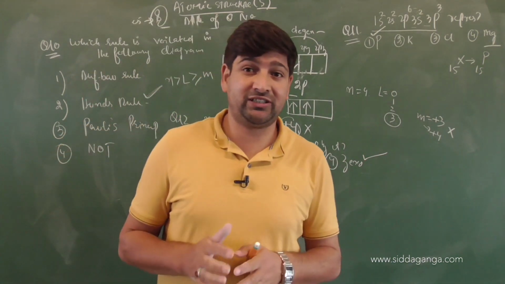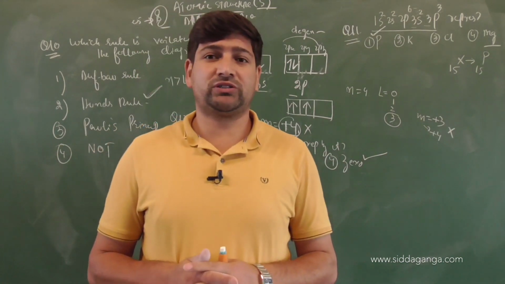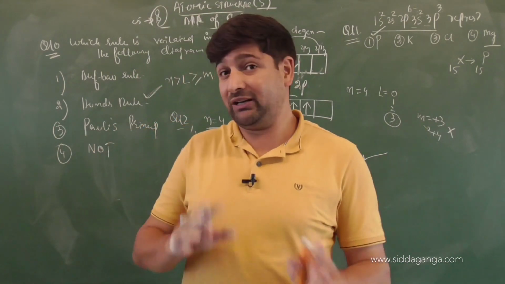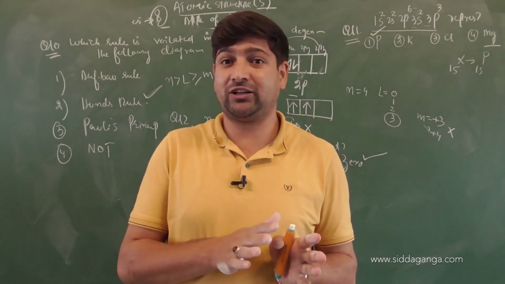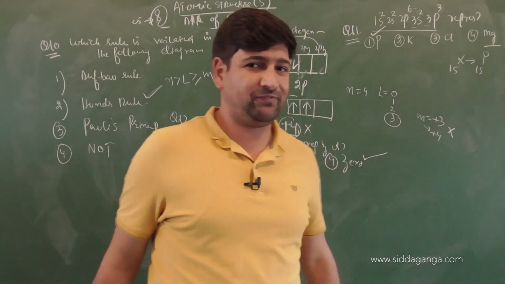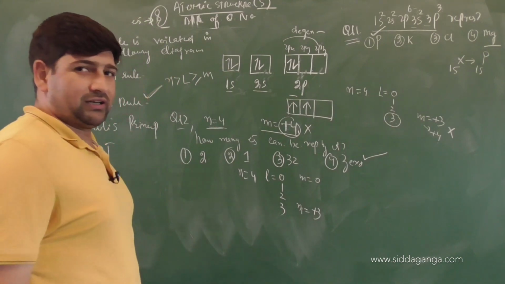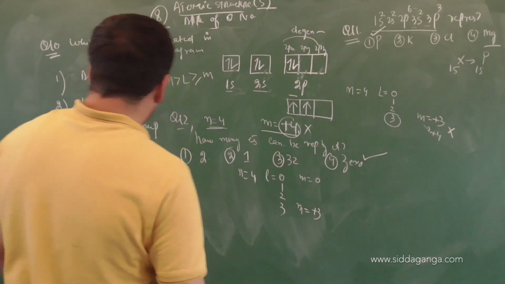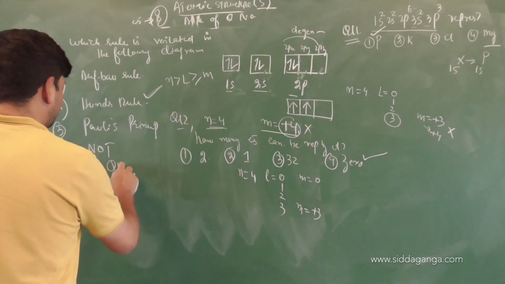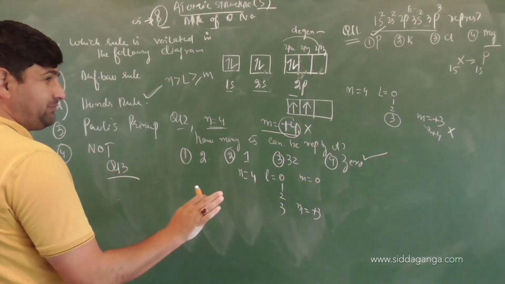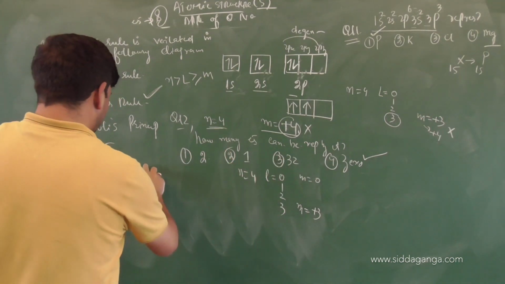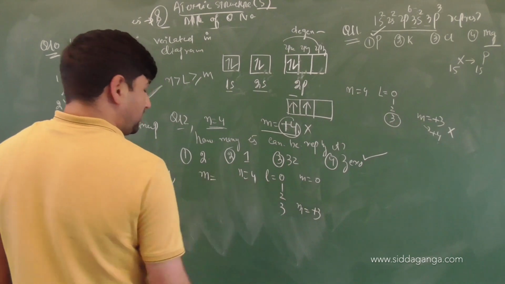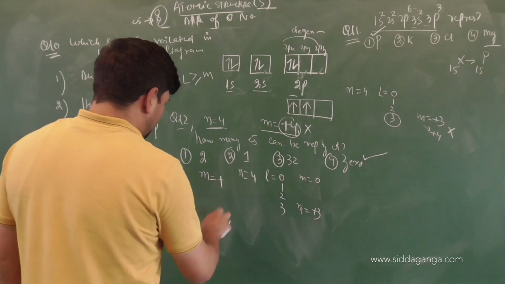Because as I mentioned earlier also, you may be asked a question, which of the following sets of quantum numbers are permitted? So available sets of quantum numbers and permitted sets of quantum numbers are completely different. Right, children? Okay. Same question, same 10 questions, but question number 13. Question type same, but approach different. N equals 4 and M equals plus 3.